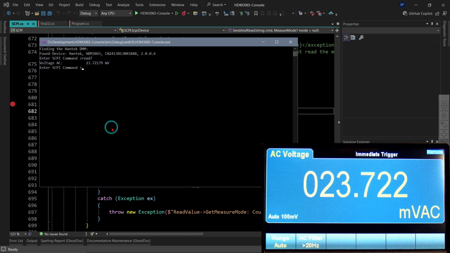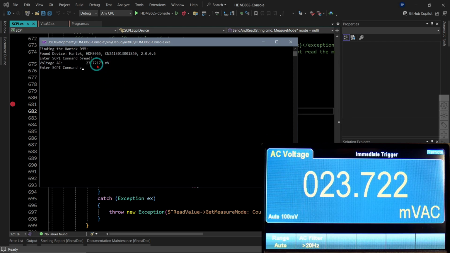And of course, it came back with plus 0.23 blah blah blah, minus E something or other,